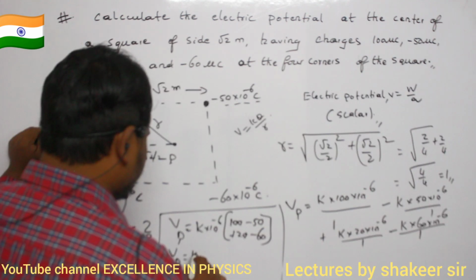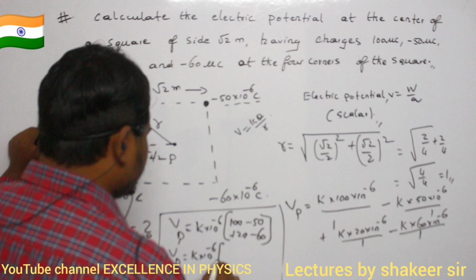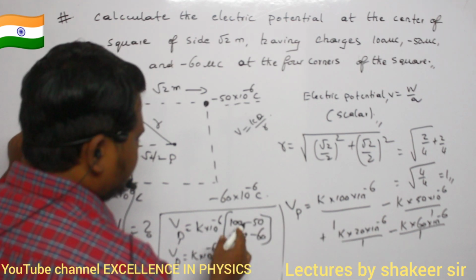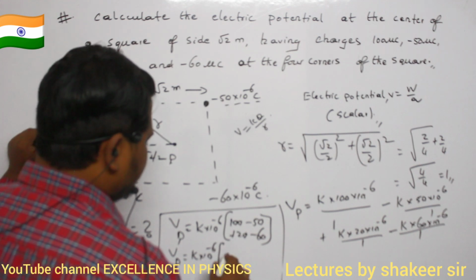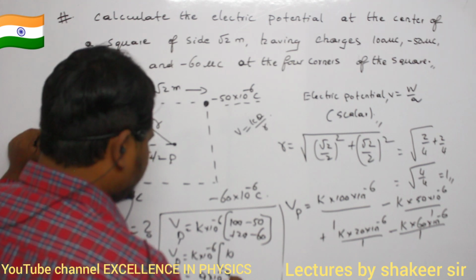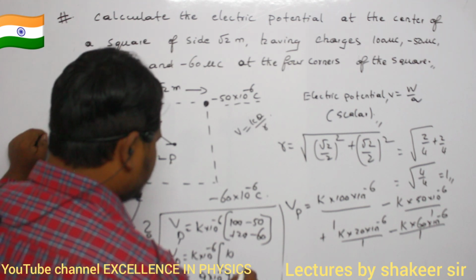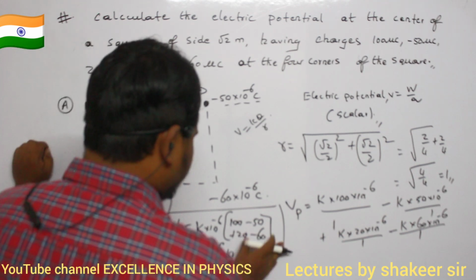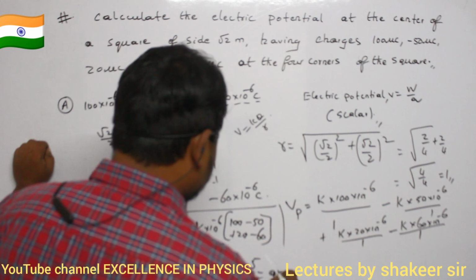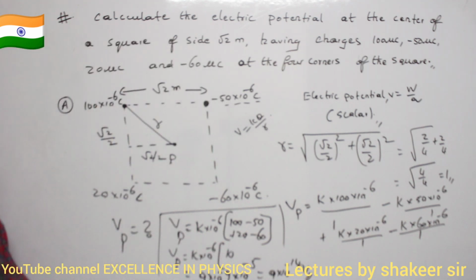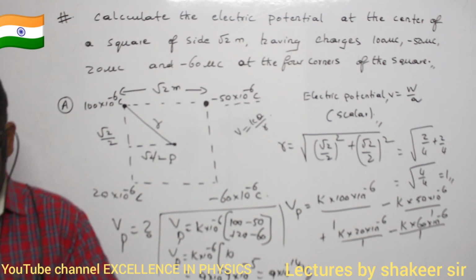Potential is equal to k into 10 power minus 6 into, so how much totally? This is 120, 120 minus 110 is 10. That's all. So k value is 9 into 10 power 9, that is 1 by 4 pi epsilon naught, no? So into 10 power minus 5. Clear? So minus 9 minus 4 is minus 14. So therefore how much it is? So 9 into 10 power minus 14 volts. That is our answer. That's all, no? Come on, make a note of that one.